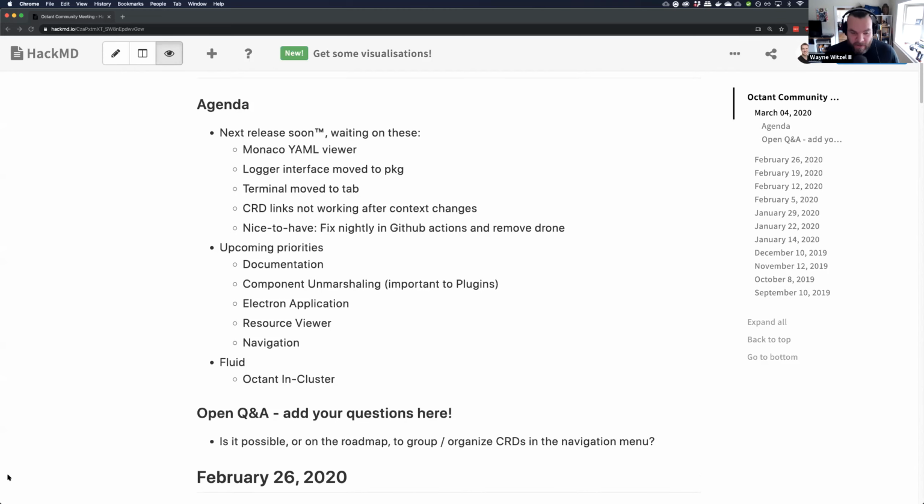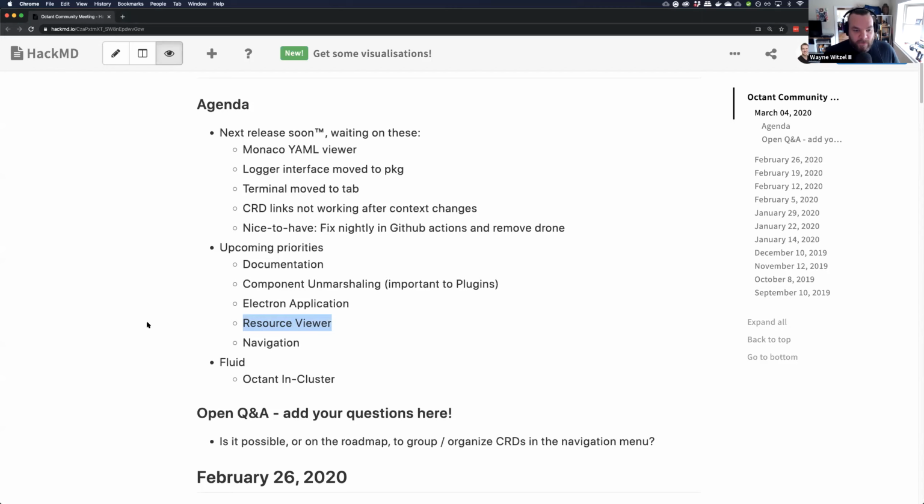So the other thing we want to focus on in this upcoming cycle is the resource viewer. We've been doing a lot of incremental UI improvements, making things a little cleaner and tightening up some spacing. But specifically for the resource viewer, we want to approach this with fresh eyes and really think about how we can make the resource viewer